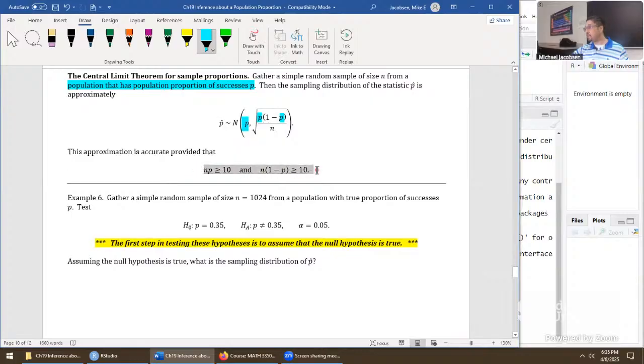Here, this is just a restatement of the sample sizes for central limit theorem to be effective. And example 6 is a context-less type of scenario just to show what can happen in a hypothesis test. Suppose we have a huge sample size at 1,024. In fact, this is a pretty standard sample. Polling agencies like Gallup poll that want high precision on their confidence intervals are usually going for that kind of sample size. It's going to come from a population with true proportion of successes P.